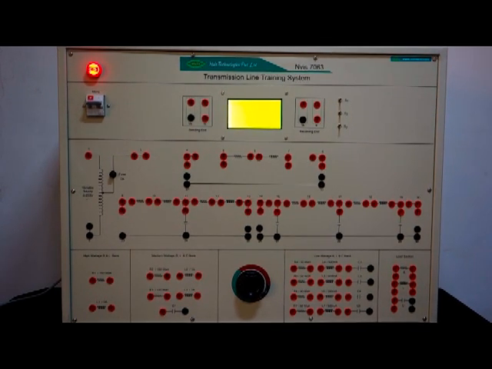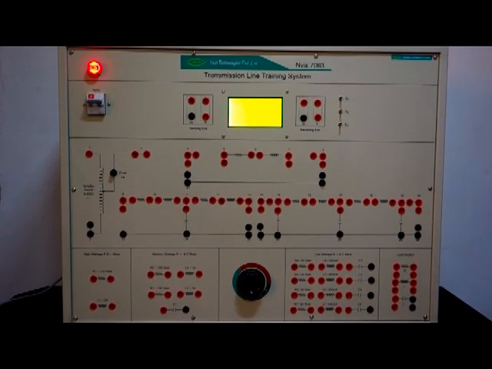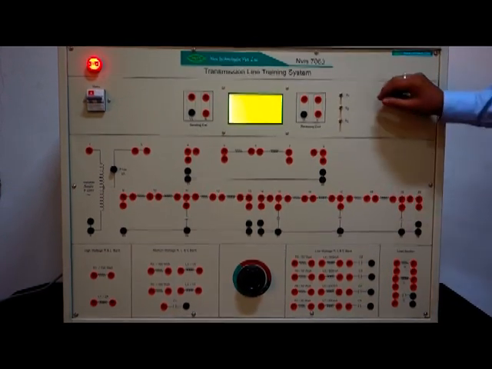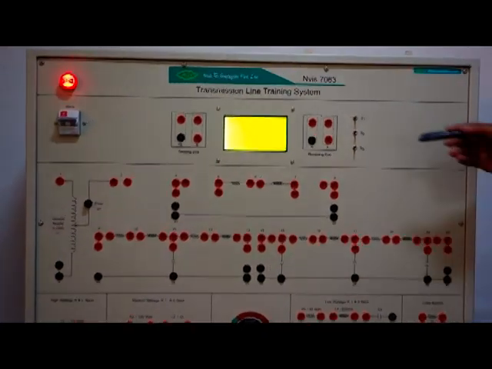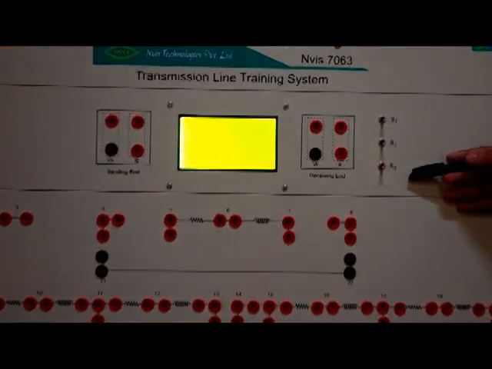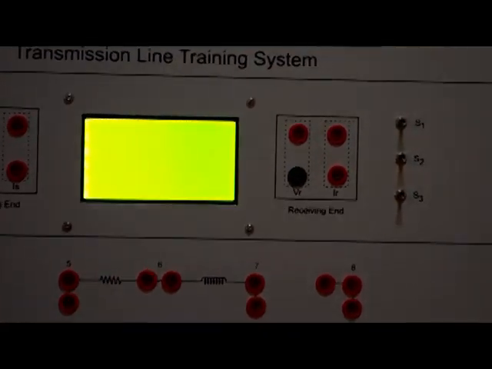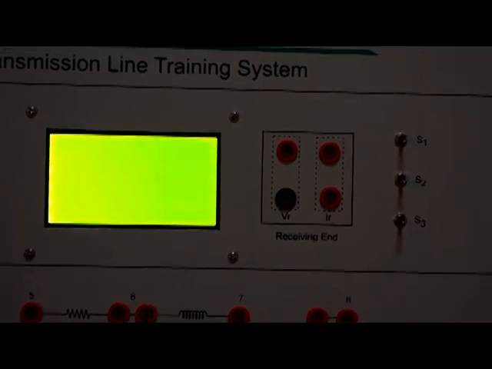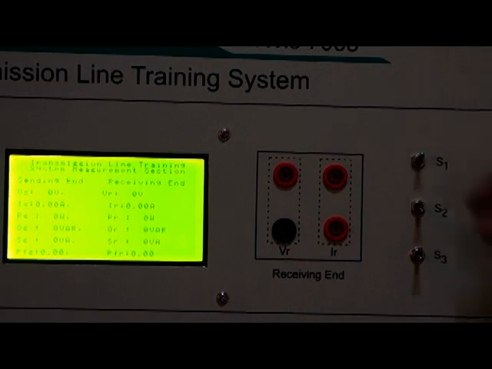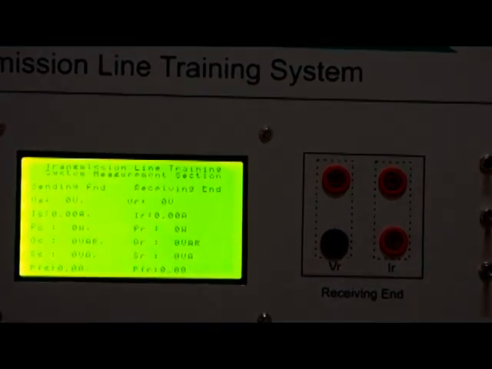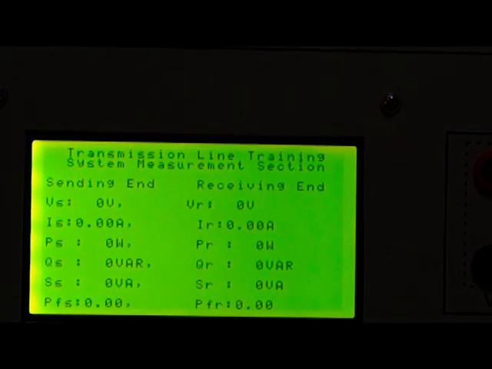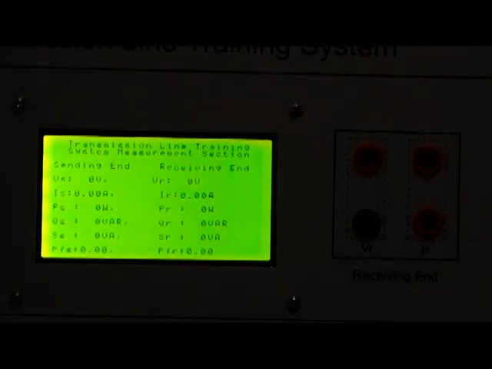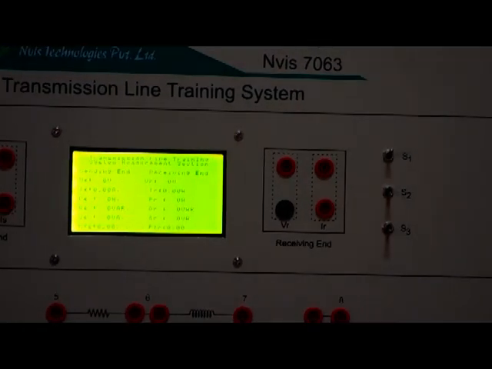Measure the sending and receiving end parameters respectively with the help of switch S1, S2 and S3. Make sure that at a time only one switch is on. Make connections as per manual and switch on the mains.